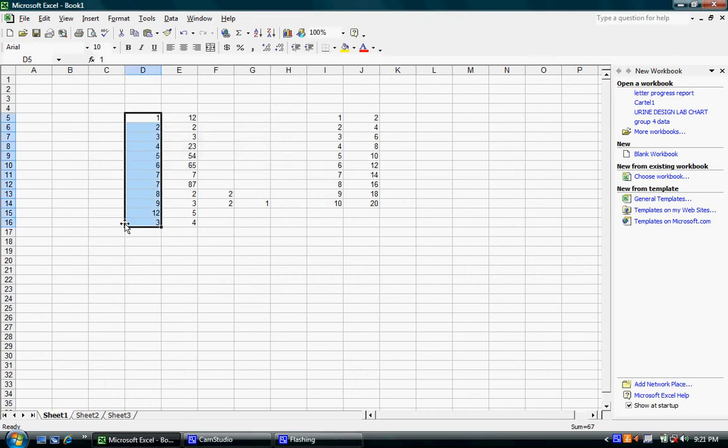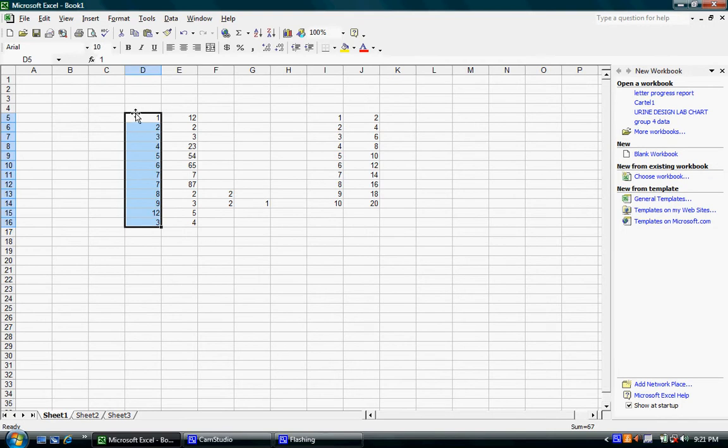Okay, this is the second Excel tutorial, and what we're doing here is error bars and trend lines. Some teachers are going to require you to do error bars and trend lines, especially if you're going to be in bio, physics, chem, or math. So I'm going to start with doing error bars on an Excel